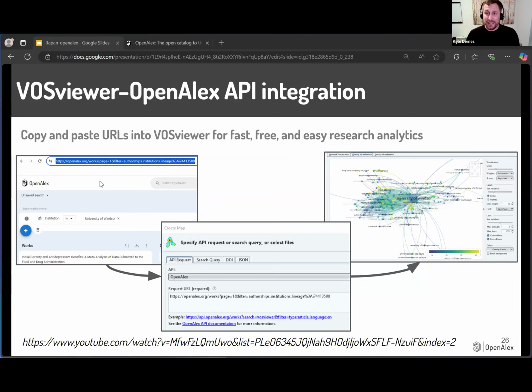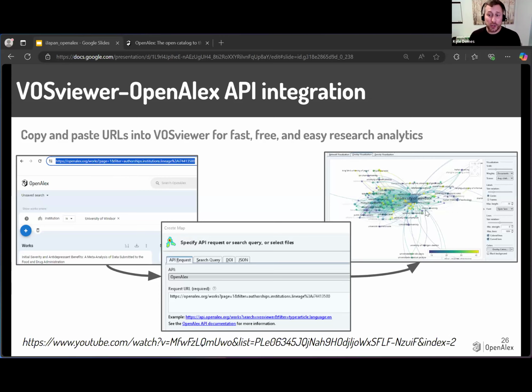And historically, you've had to download data from Scopus or Web of Science if you had access to it, and then import that into VOS Viewer. Even though VOS Viewer is open and free, the underlying data wasn't. But now, because OpenAlex is completely open and VOS Viewer is completely open, they've built an integration so that you can copy and paste any URL from OpenAlex directly into VOS Viewer and start creating these visualizations.